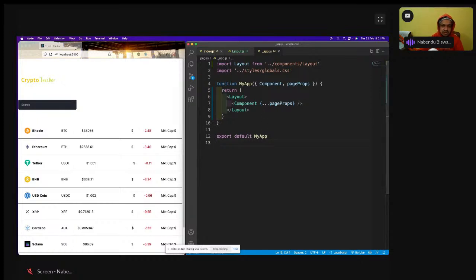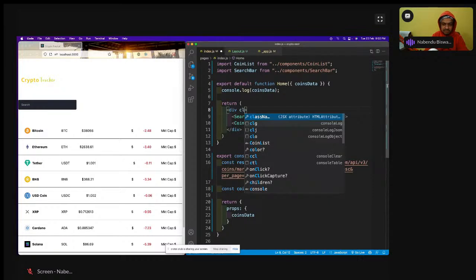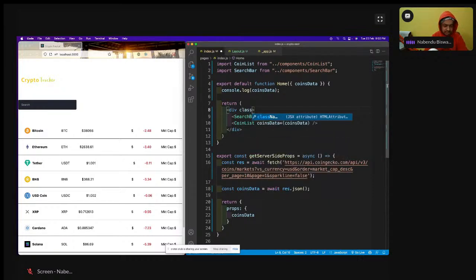So it is not showing correctly exactly. So because this should be at the middle, so I will have another class name equal to coin underscore app. And for a lot of people, if they're directly coming to Next.js, this will go over their head because Next.js is without React.js, you cannot understand Next.js. It will be very difficult to understand. Okay, so now